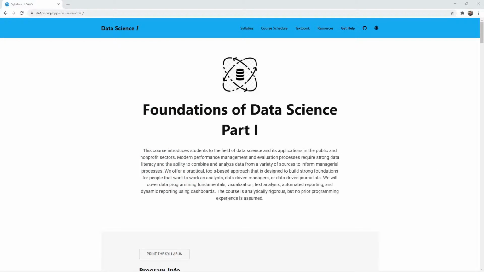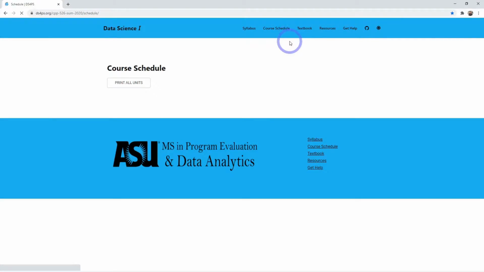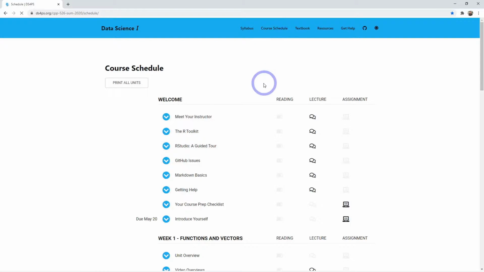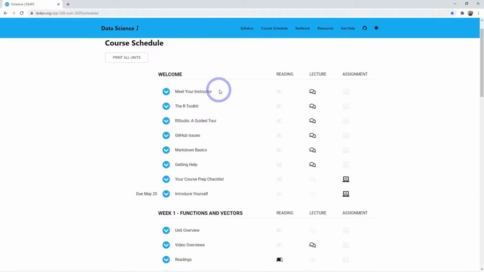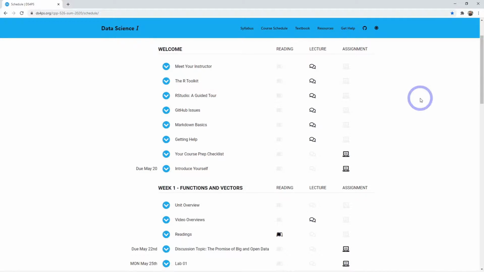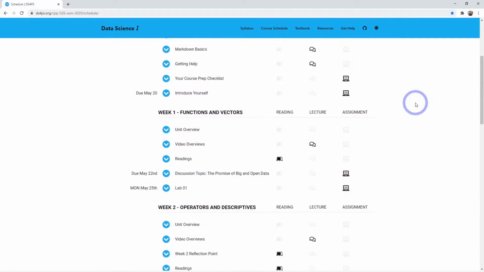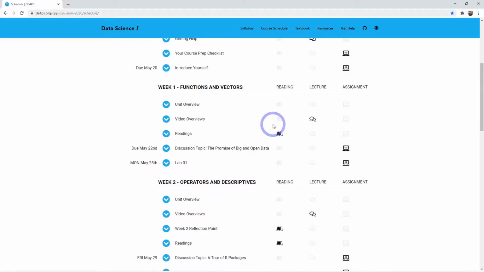So I'm currently in the home page for Foundations of Data Science Part 1, and it's very easy to essentially open up the R Markdown documents that you need. I'm going to click on Course Schedule, and we have all of the welcome and introductory materials that you have for pre-course preparation. But once we start getting into week 1, week 2, week 3, each of those will have